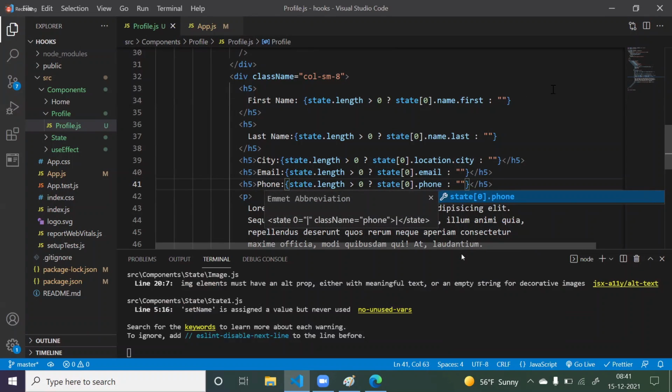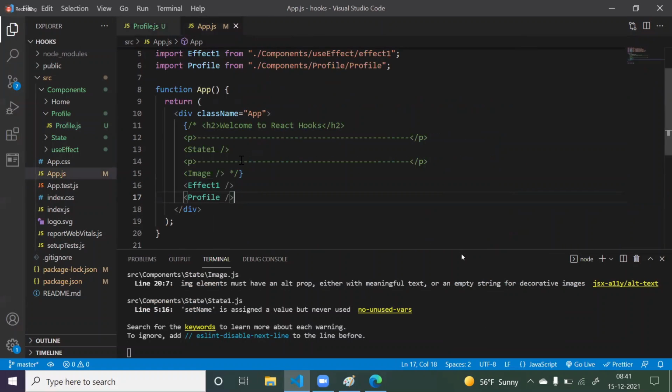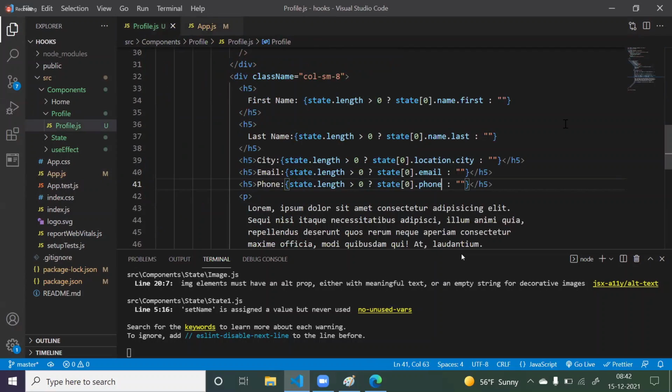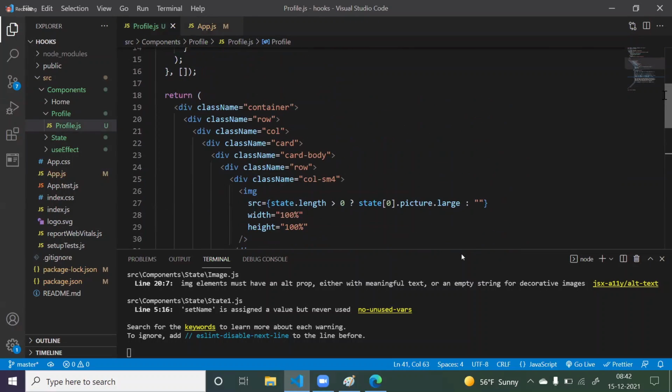Now just save it. Now come here. I'm just commenting this effect. Now go here, profile, and something like here MT5. Here also MT5. Save it.